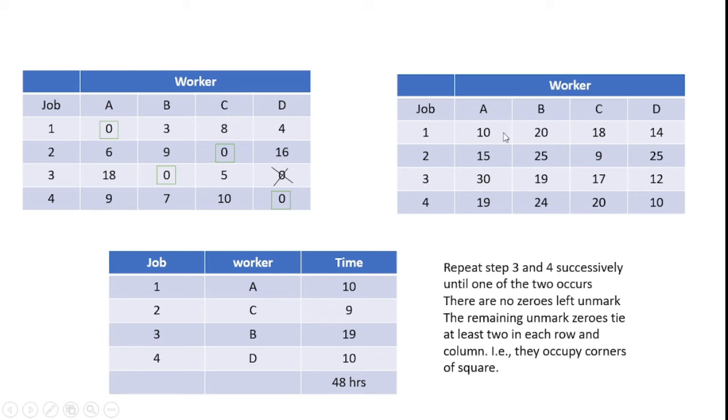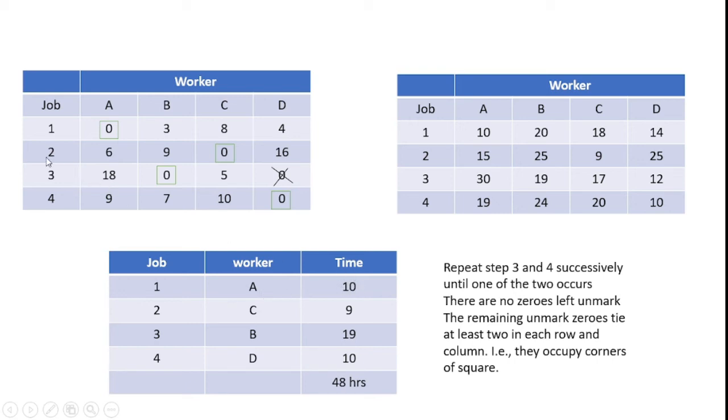A consumes 10 hours for completing job 1 and B consumes 19 hours for job 3. How can I tell that worker B consumes 19 hours? Yes, according to the square box where it is placed, if I refer to the problem, that assignment is 10. So job 1 with worker A is the assignment. That assignment consumes 10 hours.